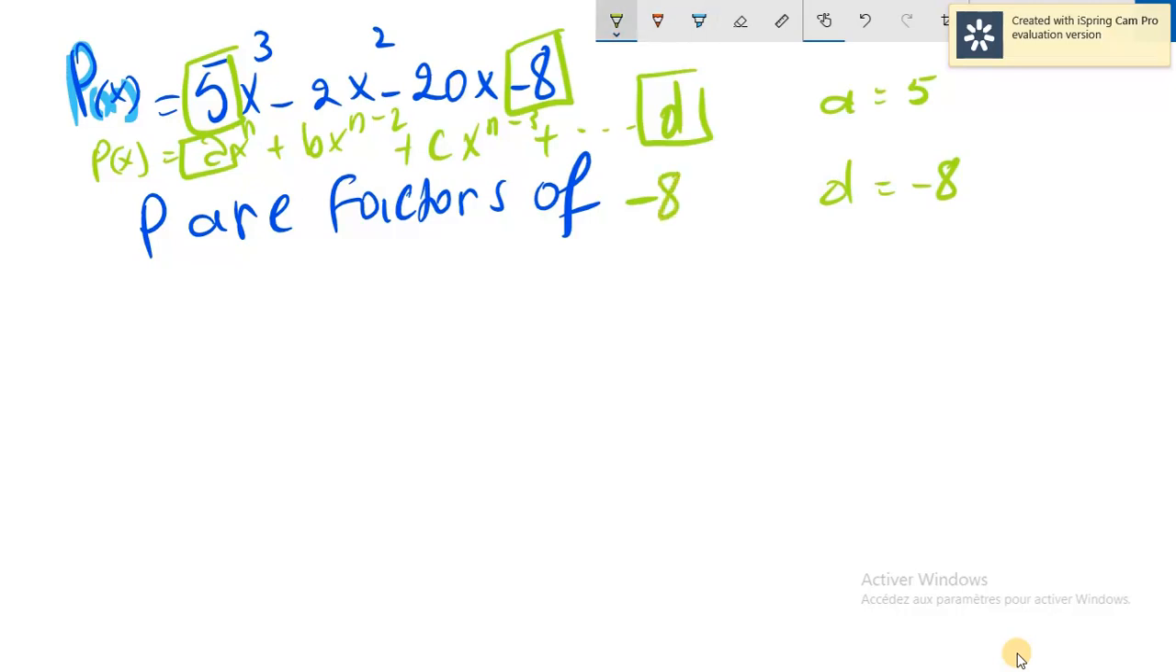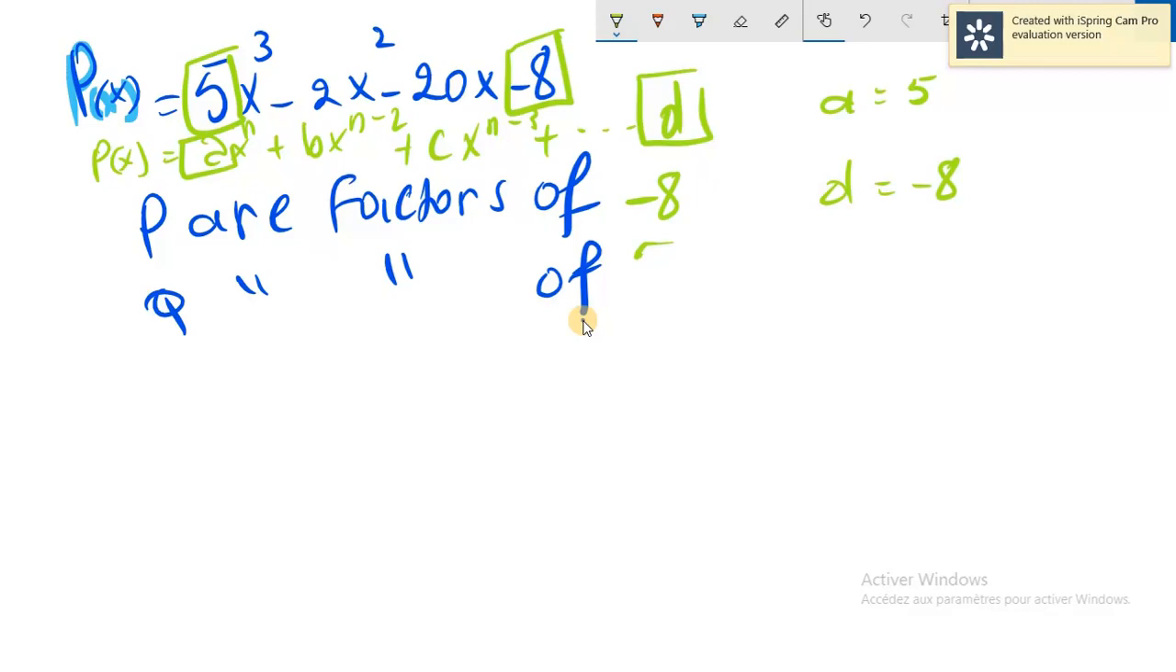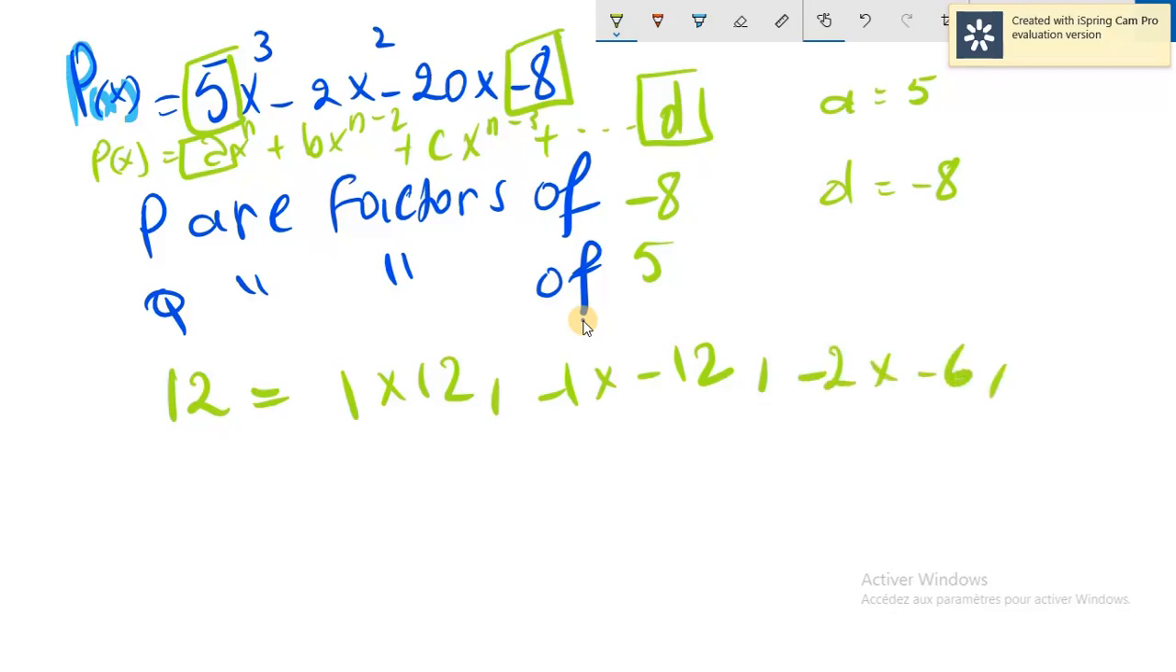All right, and let's go back. q are the factors of a, which is the number 5 here. I can see it is 5. Now, what does it mean, factors of a number? If you have a number like 12, it can be written as 1 times 12, or negative 1 times negative 12, as negative 2 times negative 6, as 2 times 6, and so on. So those are called factors